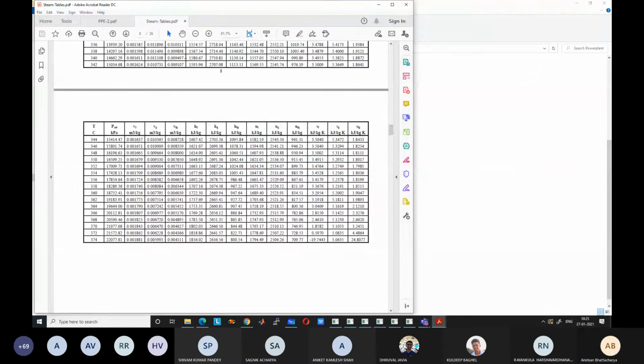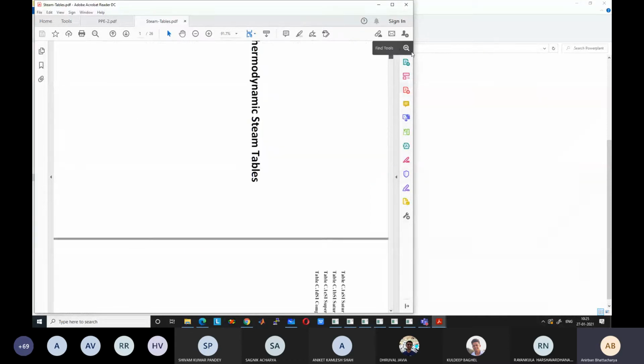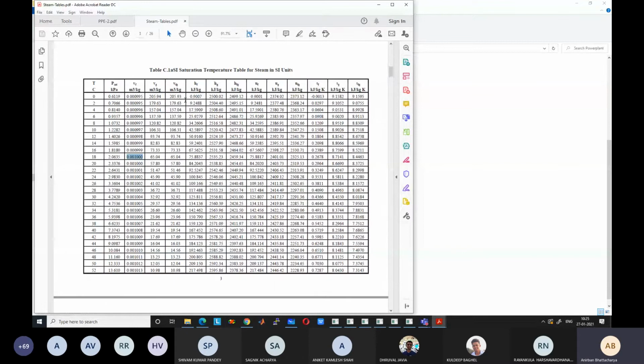Then your calculations will be correct. Okay. So these are the first two columns. Then we also have the VFG, which is just the difference between VG and VF. Similarly, we have the enthalpy values. Enthalpy keeps on increasing, HF and Hg values, enthalpy of saturated vapor, and HFG. Internal energy also is given, UF, UG, and UFG, and entropy is given, SF, SG, and SFG. So units are also very important. Please note the units. Enthalpy and internal energy are kilojoule per kg, and entropy is kilojoule per kg Kelvin.